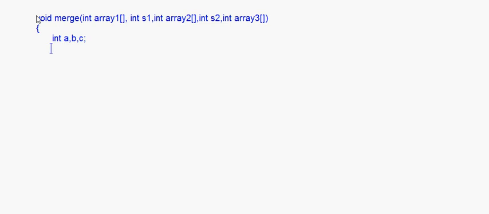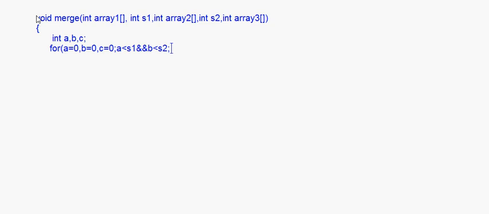Now here you see we put that for loop. In the last video I had explained the logic behind this. So here I have the for loop. For a is equal to 0, b is equal to 0, c is equal to 0, and then a less than s1, the size of the first array, and b less than s2, the size of the second array.